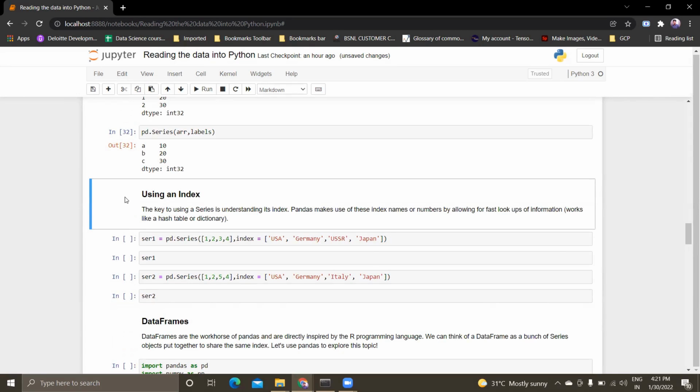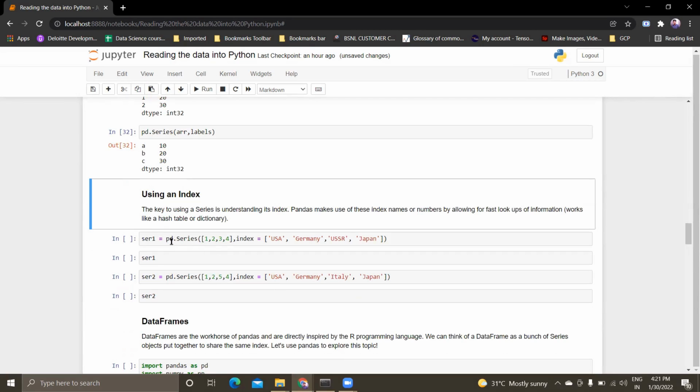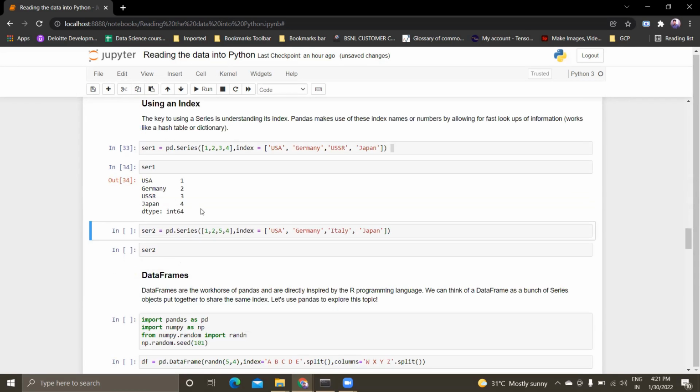In a pandas data frame or pandas series, the index is always the key to access values. In the same way, I'm creating a pandas series here with 1, 2, 3, 4 as my values, and the index is USA, Germany, USSR, and Japan. If you see, this is my pandas series.